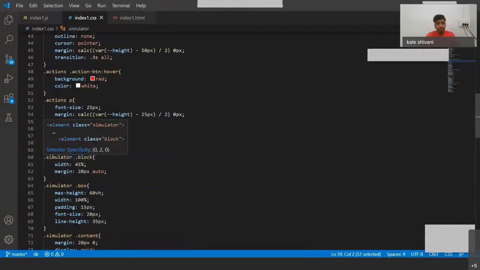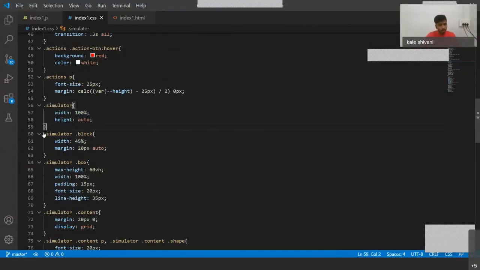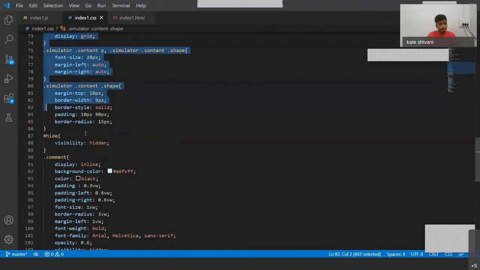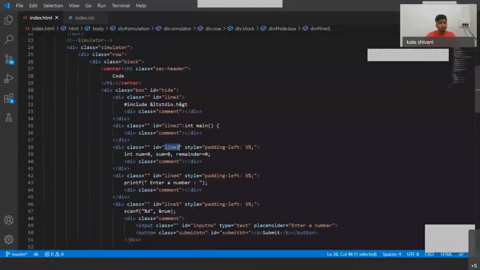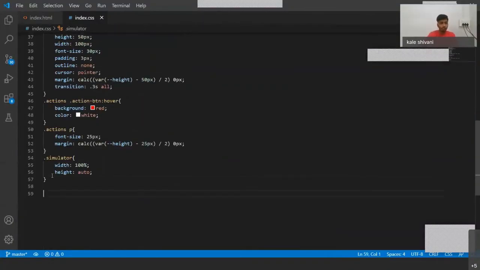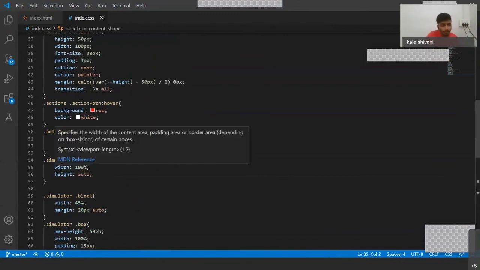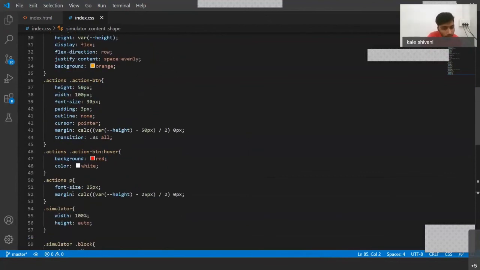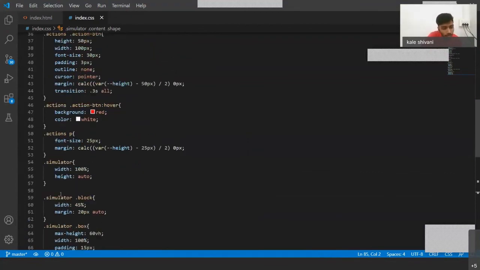Now let me copy the CSS for it also. We completed till action hover, and the block we also covered.